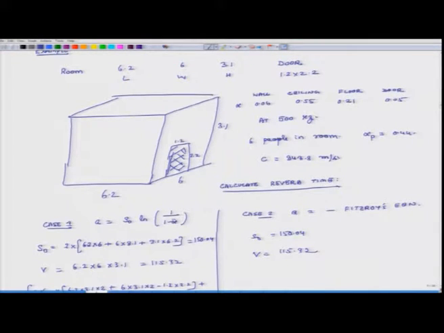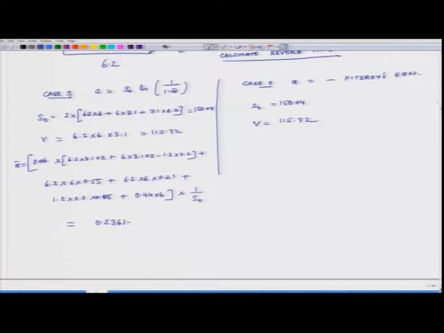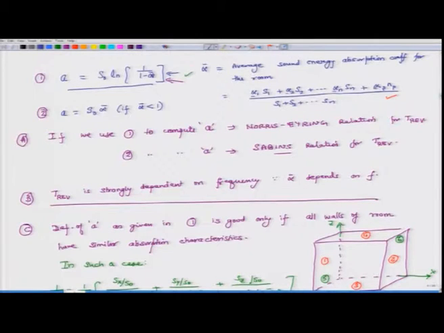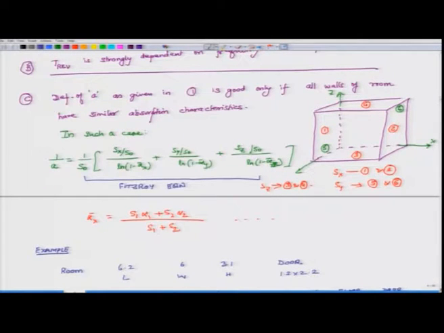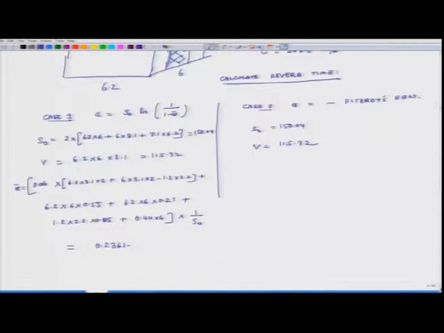In the last class we were computing the reverb time for this room, and what we said was that we will compute the reverb time for this room using both the methods. One is where we use the relation as in this to compute absorption units, and in the second case we use the Fitzroy's equation to compute absorption units, and see what kind of a difference it makes in terms of our estimate for the reverb time.